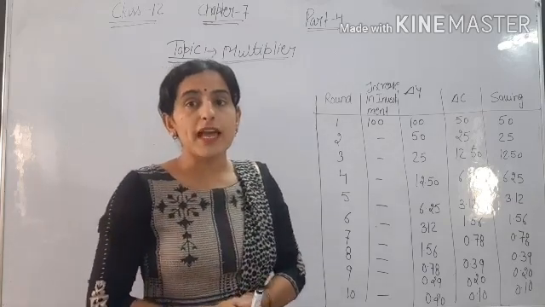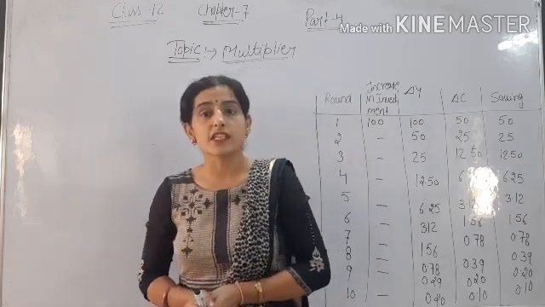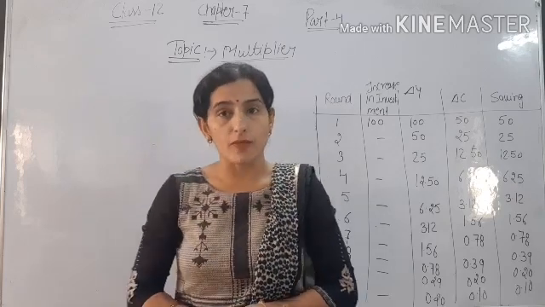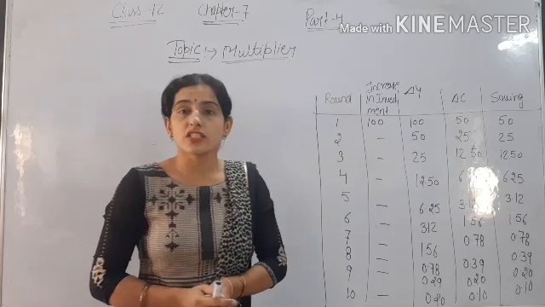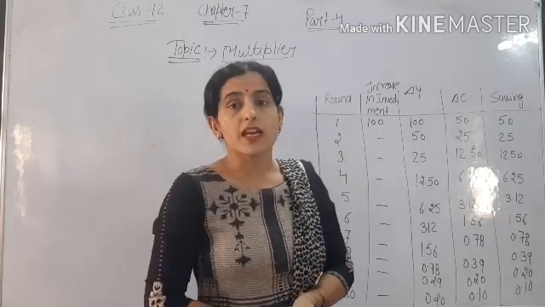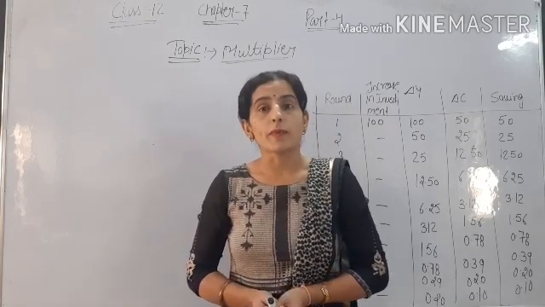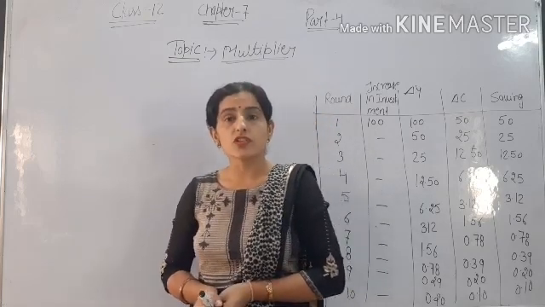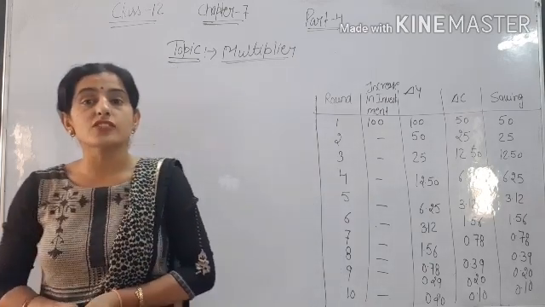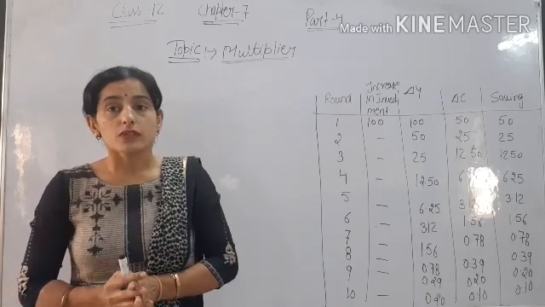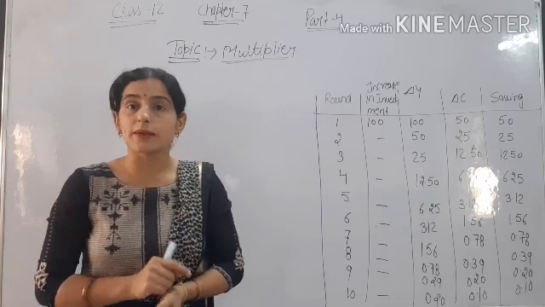The multiplier is basically borrowed from mathematics and it was given in economics by R.F. Khan. The multiplier is used to measure the change in income in the economy. When investment is done, there is a generation of employment in the economy, and due to the generation of employment people get income. So due to investment there is a change in income, and there is a further increase in income, and that is due to the multiplier effect.